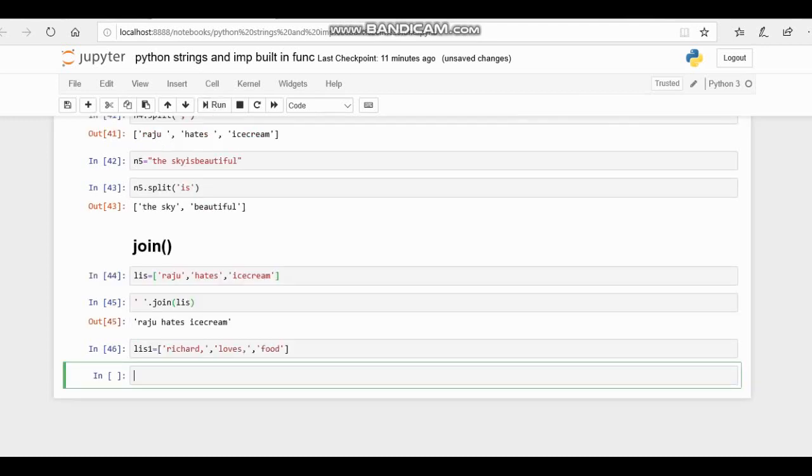I am going to use a comma as the separator to join this whole string, dot list1. So it helps to join with the help of a hyphen character.